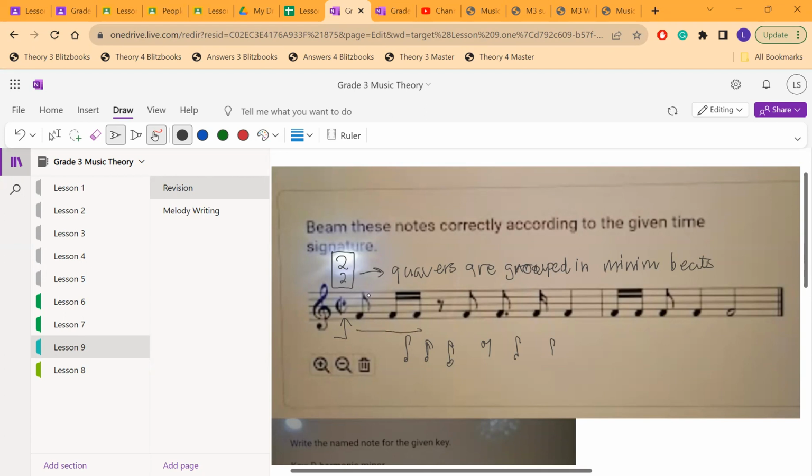that is worth a crotchet. So that should be beamed all together. There's a rest that you can't do anything about. That needs to be separate. So because this is 1 minim, all that is worth 1 minim. But that needs to be beamed together. That's a semiquaver there. So quaver, beam to that double semiquaver together. And this has to be beamed like this. So for example, that and that becomes